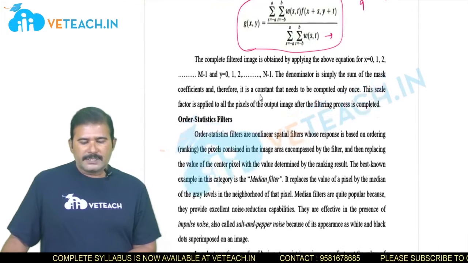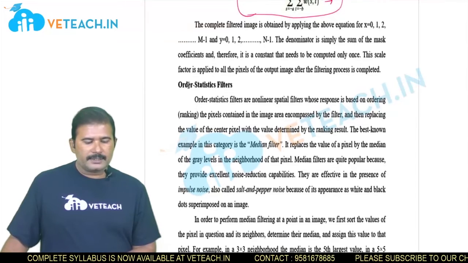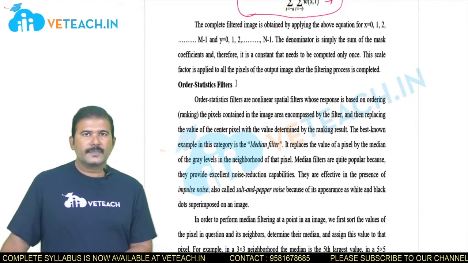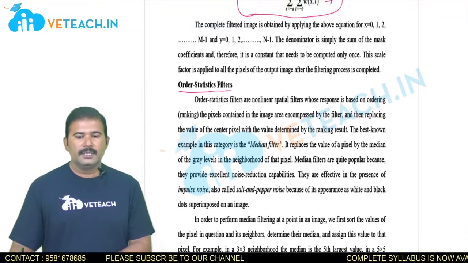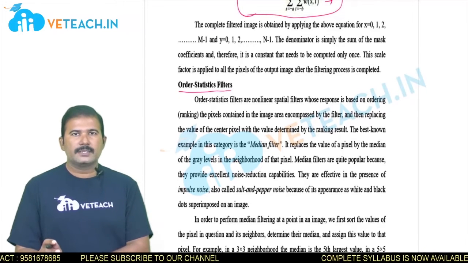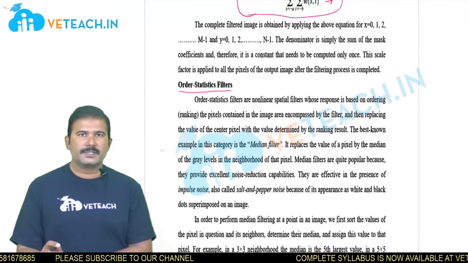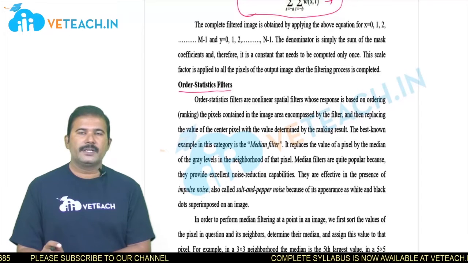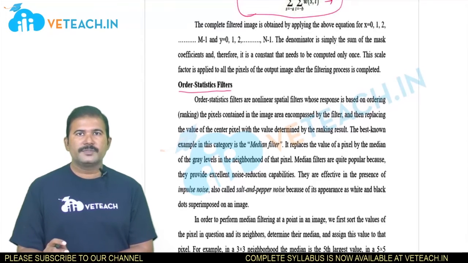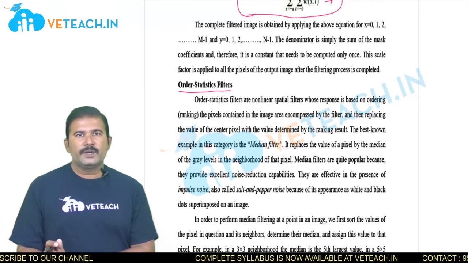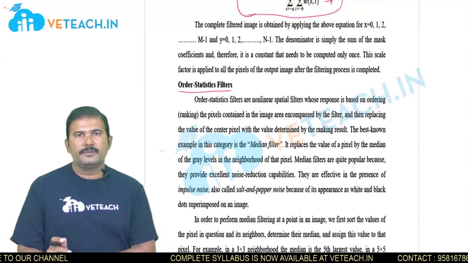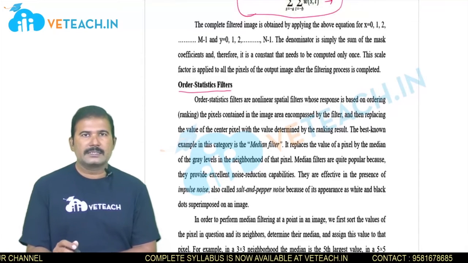Slightly different from these averaging filters, the other category is the order statistic filters. Order statistic filters are also known as non-linear filters. The earlier one is linear, because we replaced the center pixel value with the weighted average or normal average of the coefficients of the filter. But here, examples are the minimum filter, maximum filter, or median filter. These are some examples of order statistic filters.